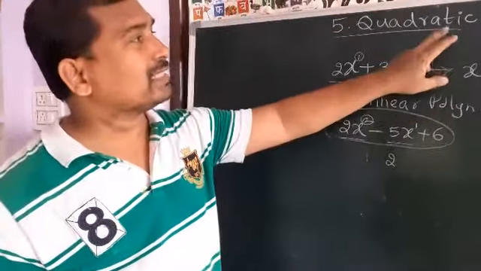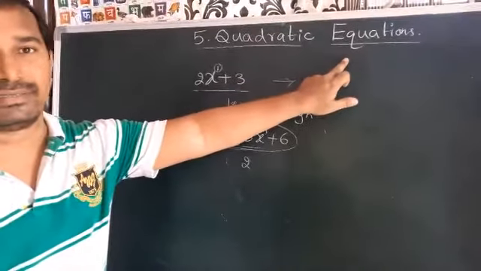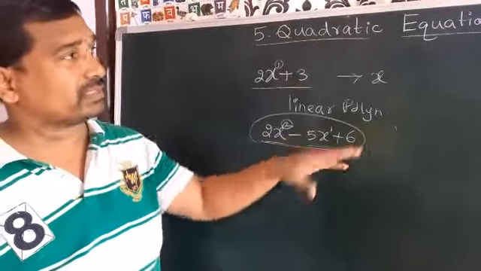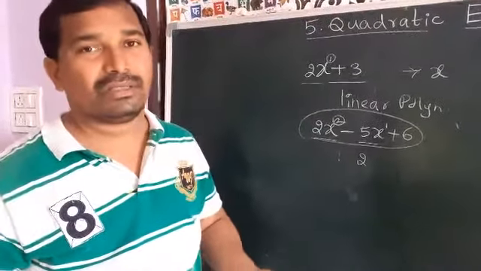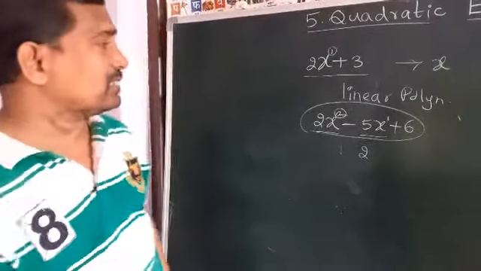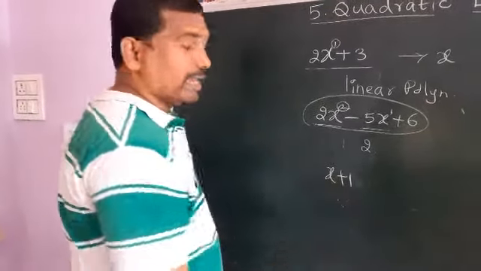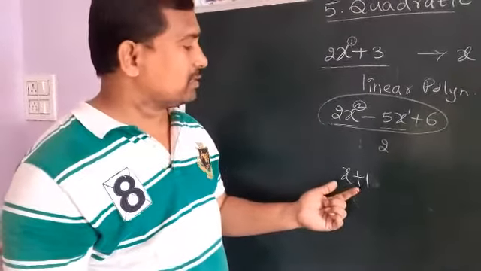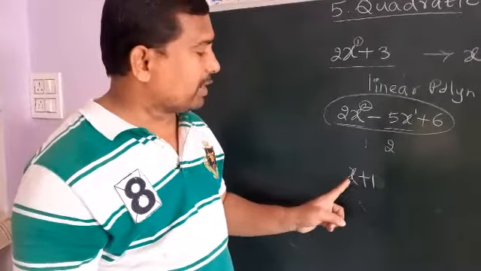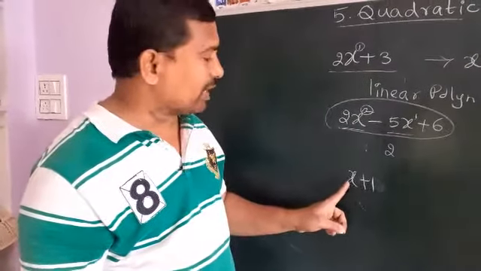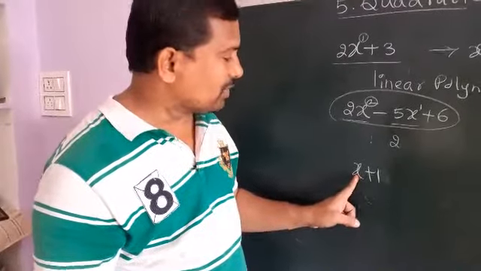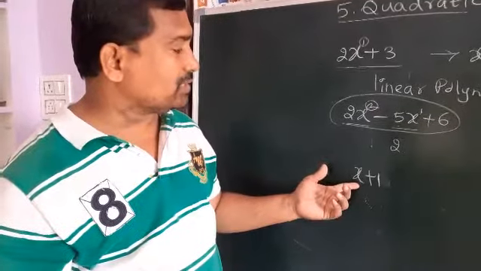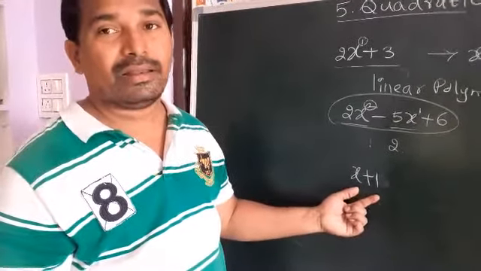So here we are discussing quadratic equations. Before going to define quadratic equation, first let us know what is an equation and what is an expression. If you take x plus 1, this is an expression. Why? Because if you substitute any value of x, for example x equal to 1, that gives 1 plus 1, 2. So when the variable is replaced by numbers, that gives some numbers. So those are called expressions.